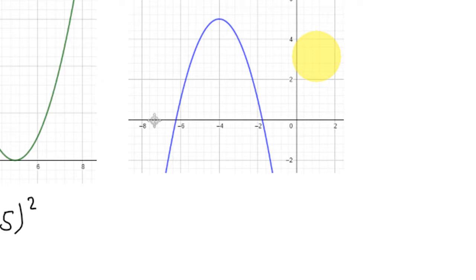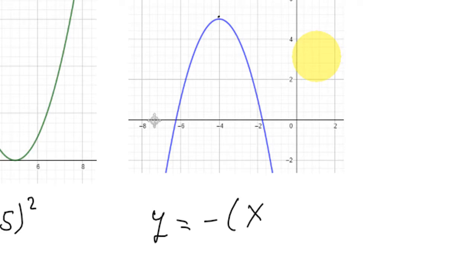Okay, where is my vertex? My vertex is at 4, 5. 4 for x, 5 for y. Well, how is going to be my shift? y is going to be equal to, but look here, the difference is this is opening downward. How can we do that? Well, the only thing that we need to do is write a negative sign,